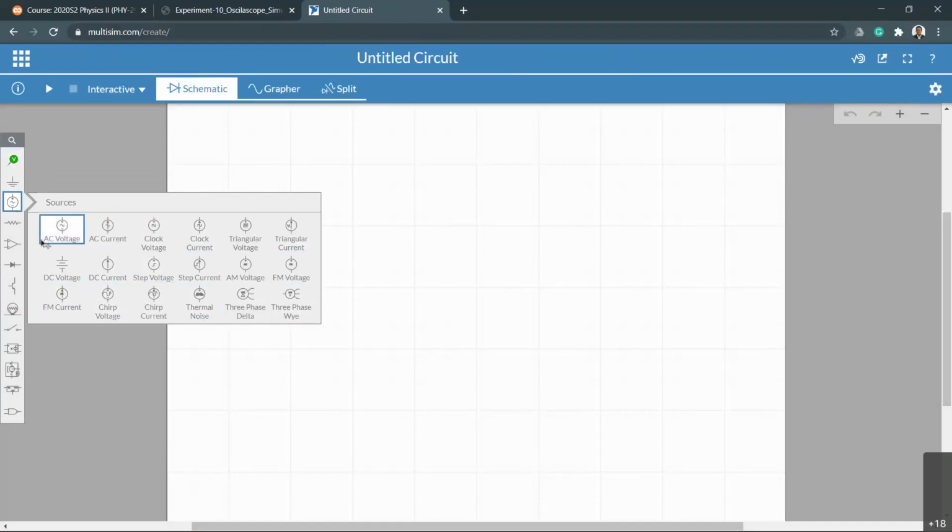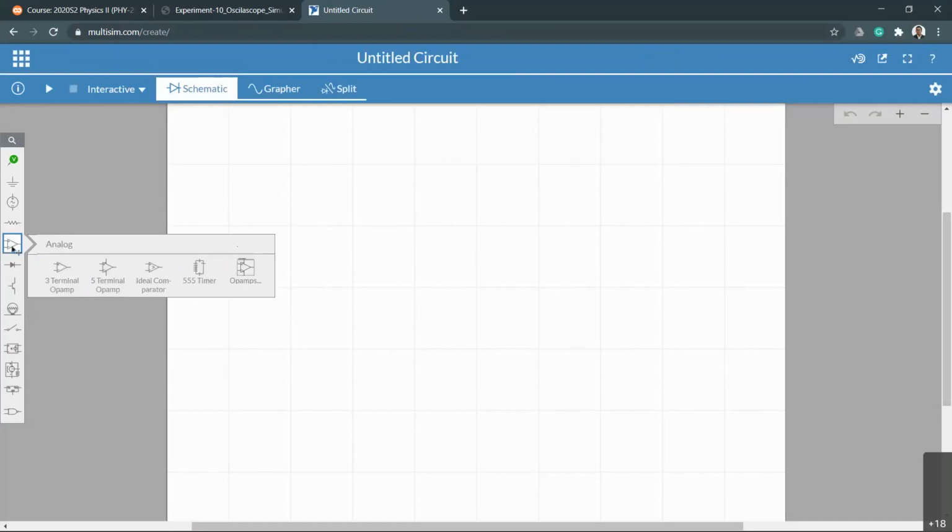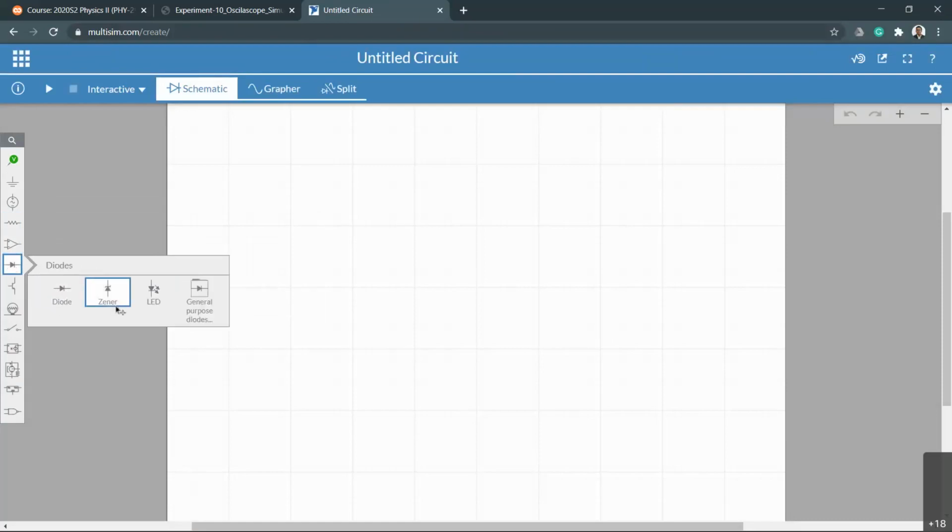sources, right? And right here you can see different types of items we can use: resistor, capacitor, inductor. Those are the three things we will be using in this lab and the next two labs. But beyond that, you can use this with other circuit diagrams. So you can use a transformer, coupled inductor, and so on. You can create different circuit diagrams and then simulate. And then there are a lot of other selections you can make: diodes, LEDs,